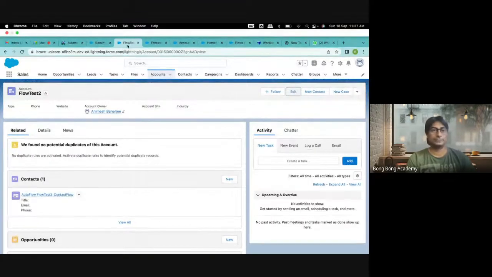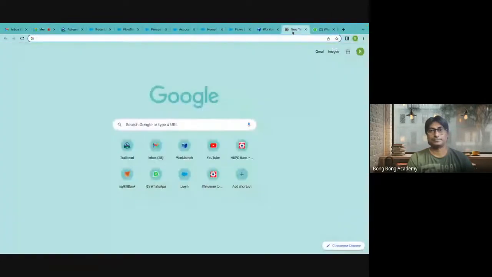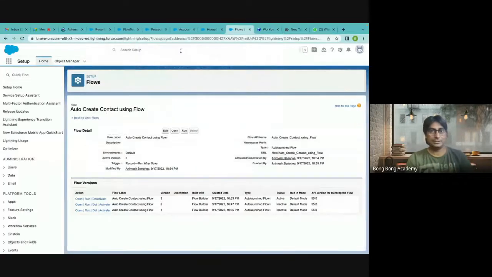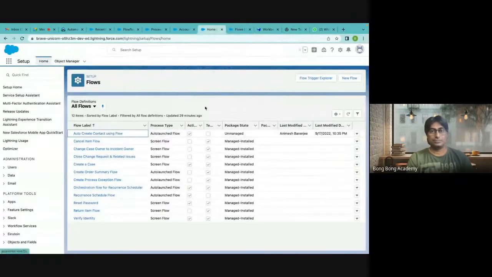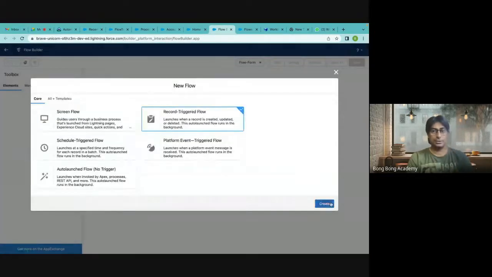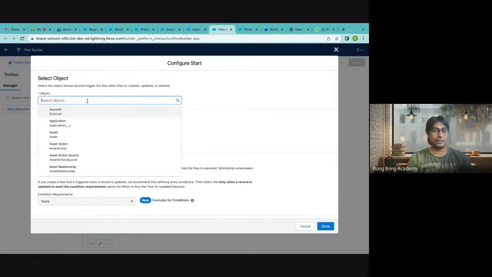Okay. Now we discussed what is the after flow, what is the before flow. So let's discuss before flow. Before flow is the same thing. So I will do a new flow. This is the record ticket flow itself, but this time I am firing it on account object,